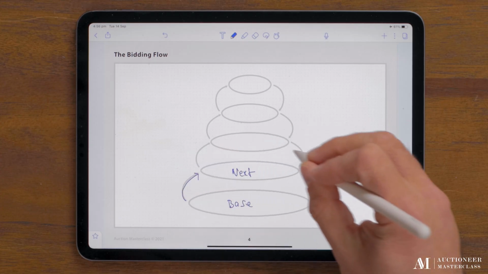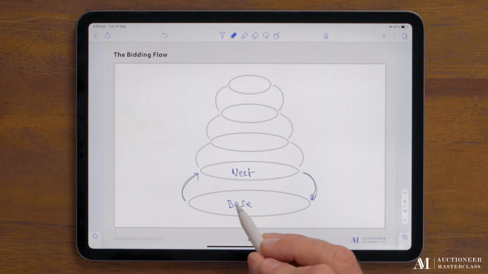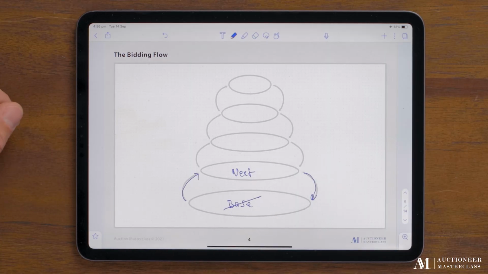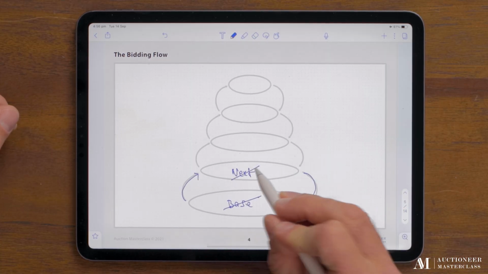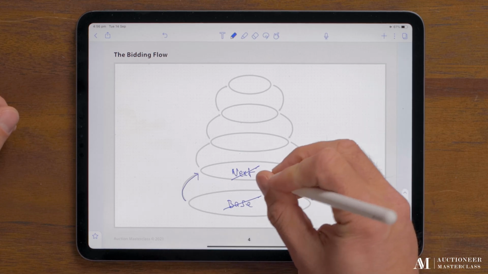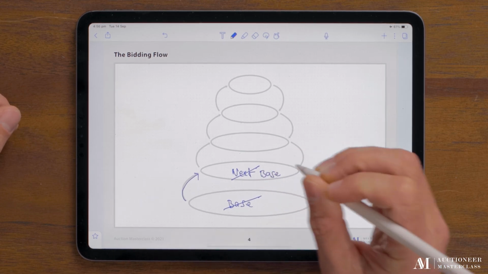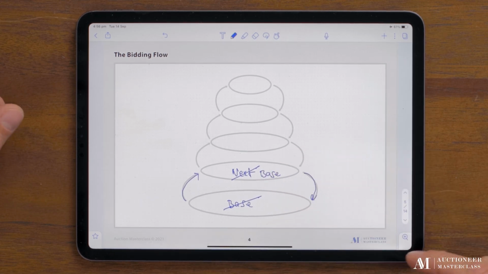There's the base. Calling for a rise, buyers, can we tempt you in? There's the incline line. Calling for a next bid of $1 million and 25. There's the next. Oh, we've received the bid from bidder number 7 at $1 million and 25. All of a sudden, this base is no longer the base. The $1 million and 25 next is no longer the next. The $1 million and 25 is now the new base.